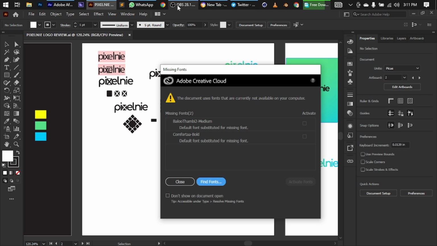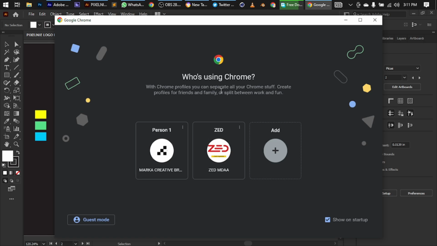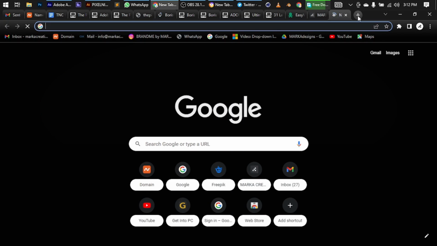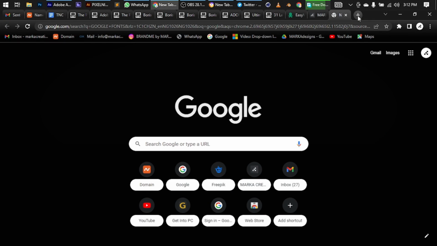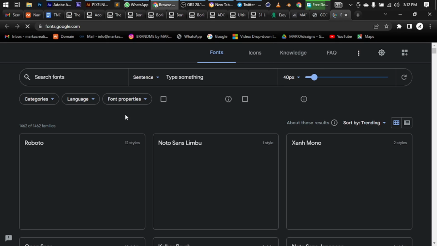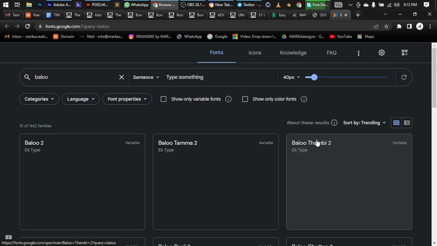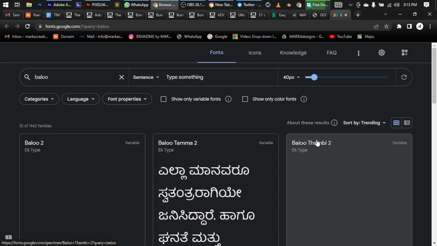Maybe you have it installed in your previous system and that's it, or you go online. Like I got mine from Google. I'll open my Google Chrome and search for the fonts from where I got them from. So the name of the font that's missing is Balu Thambi, and so I'm going to type it like so. Balu Thambi 2. So I go download family